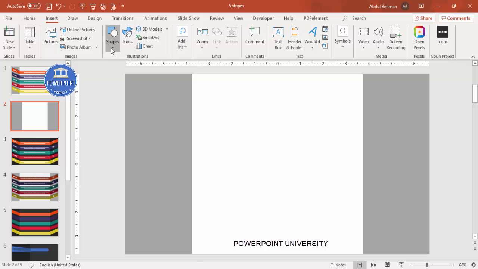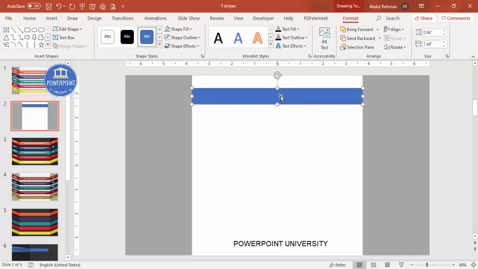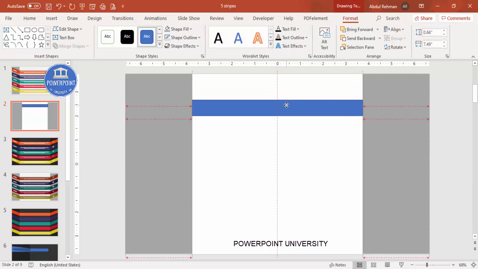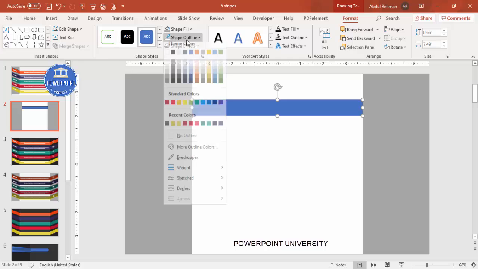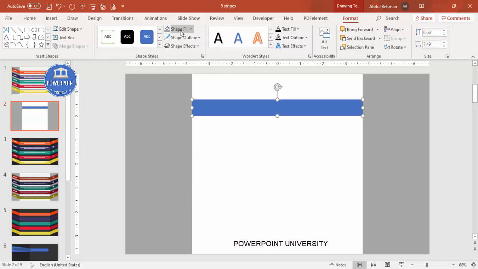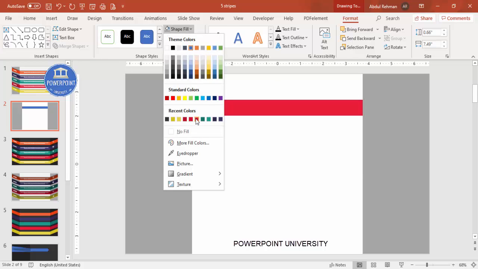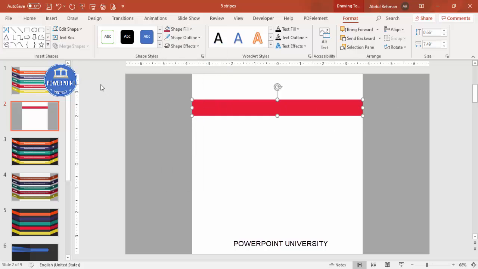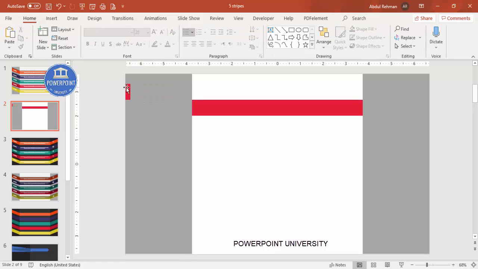Then go to Insert, Shapes, select the rectangle, draw the rectangle here from this end to this end. You can see here, let me just bring it somewhat down. And shape outline, make it no outline, and you can give any color of your choice. Then I'm just going to select this, duplicate, reduce the size, you can see here, and I'm going to put it here, a smaller one, so that I know that it has to connect